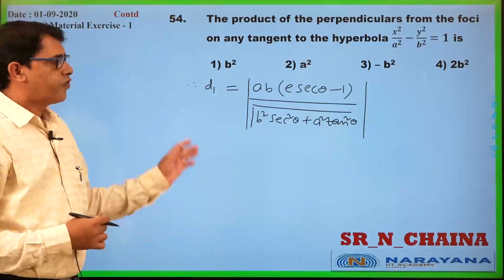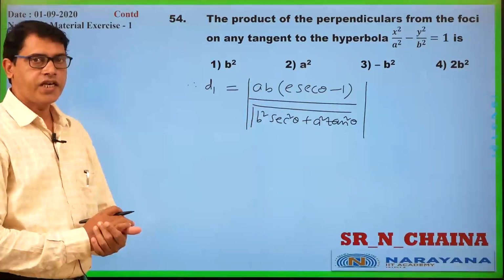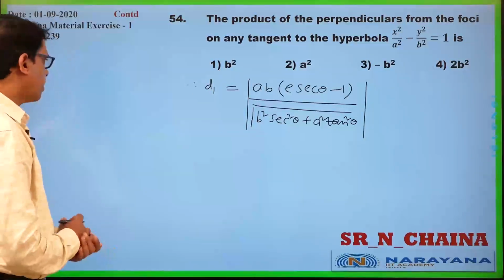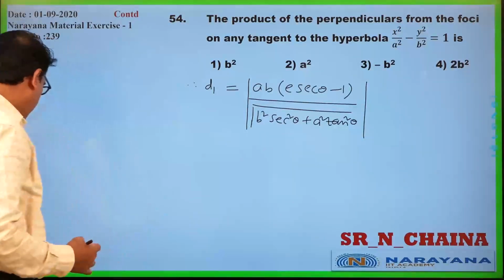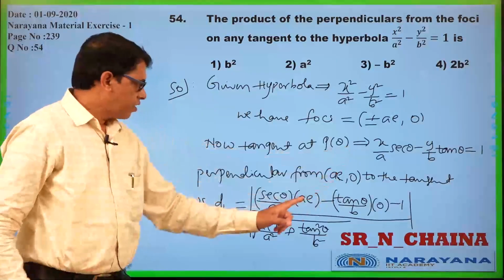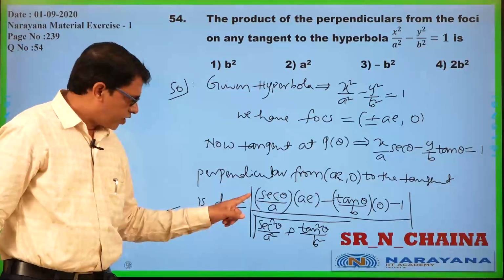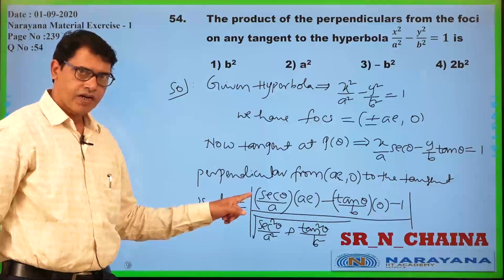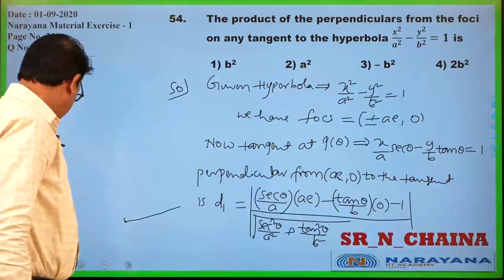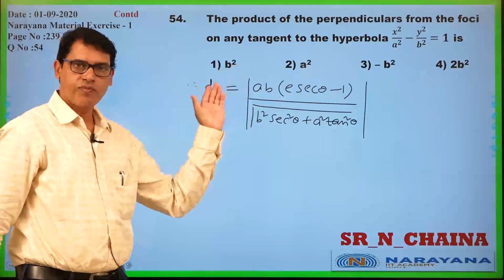Now if you take the perpendicular distance from the second focus, minus AE comma 0, similarly, again back to the previous page, here I am writing directly. If you take minus AE comma 0, we get a minus symbol here, means minus 1. So next will be what? Here we have a minus. If you take minus common, it becomes plus.